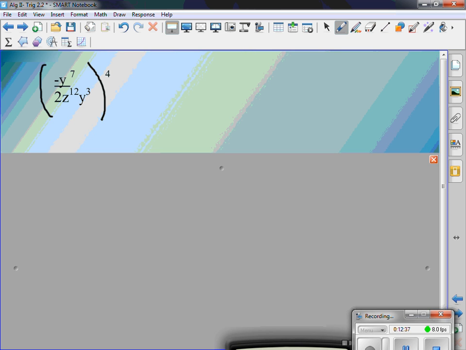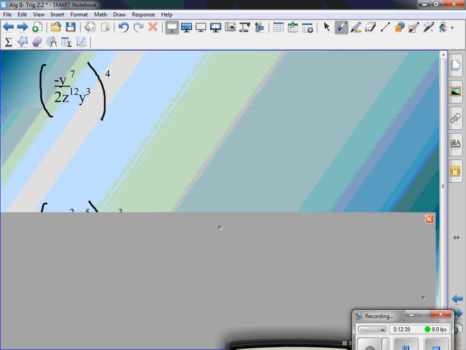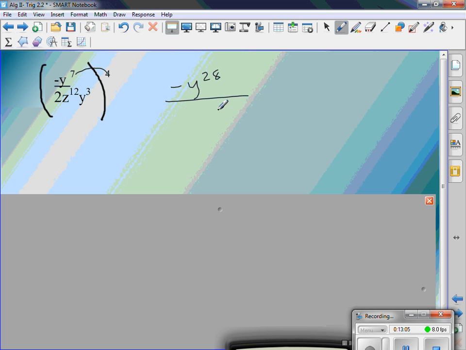Try this one. What's the first thing I have to do? Distribute this 4 to every single term. Now, by doing that, I distribute up top. What do I do when I have exponents to exponents? I multiply. So I have negative y to the 28th over 2 to the 4th, z to the